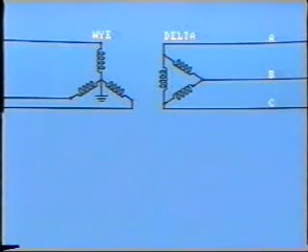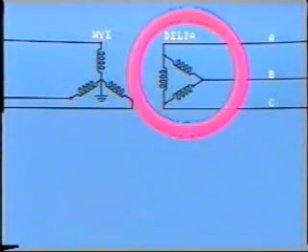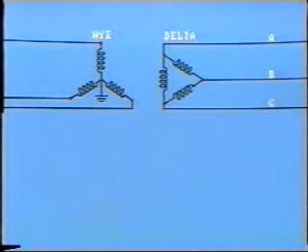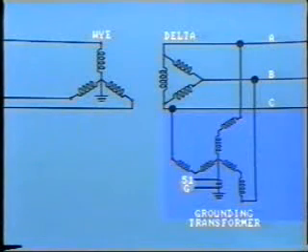I'm sure you may already be thinking, but where is the path for ground fault current to flow when the transformer secondary is delta connected? There is no neutral point for grounding. Well, in this case, a neutral point must be provided, and it is quite usual to connect a grounding transformer